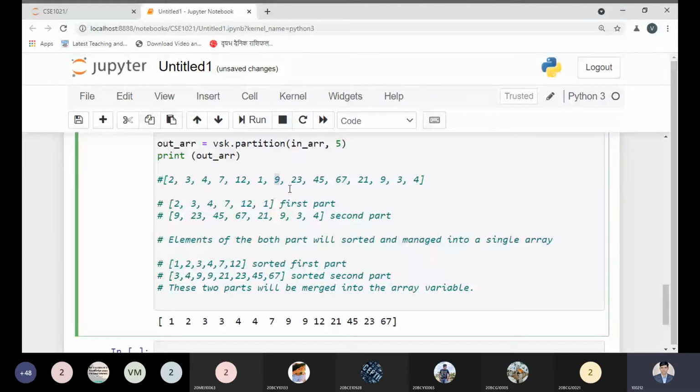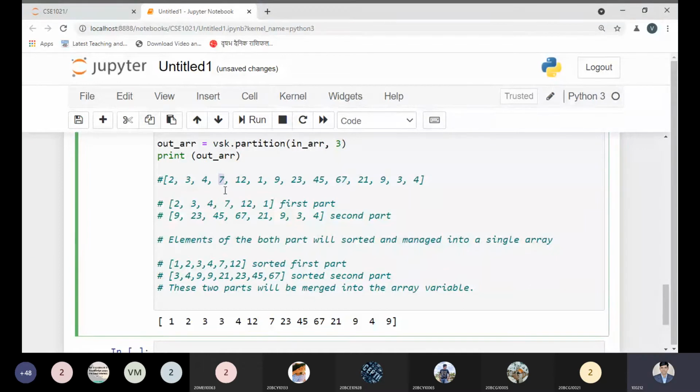So the values which are less than the 9 come here, and the values which are greater than the 9 come over here. In the first part, it will store the values which are greater than the 5. Let me choose a different value. Here it will come 0, 1, 2, 3, 7.